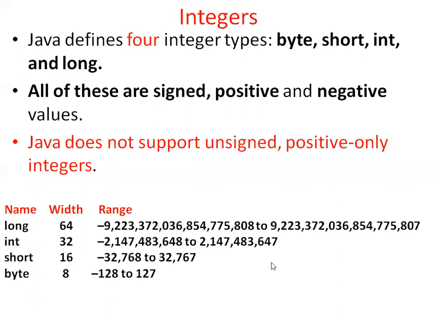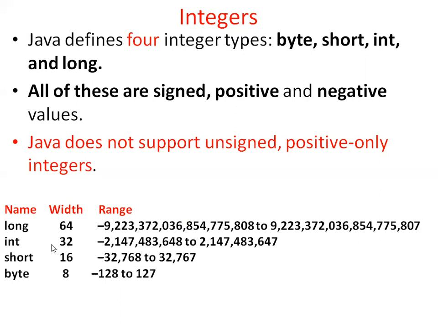Now if you see the range of each data type, see the long data type. The width is 64 bits. That means how much memory does it occupy? 8 bytes of memory, and this is the range of values. On the negative side, this is the number. Counting the digits, 1, 2, 3, 4, 5, 6, 6 threes are 18, plus 1, that is 19. It is a 19 digit number. You can store up to a 19 digit number using long.